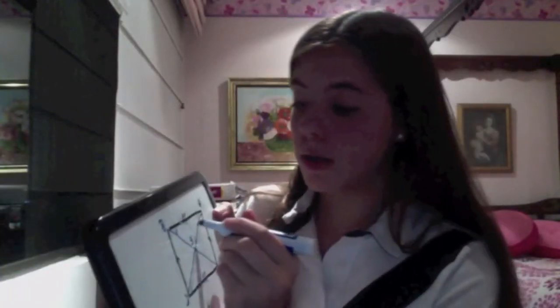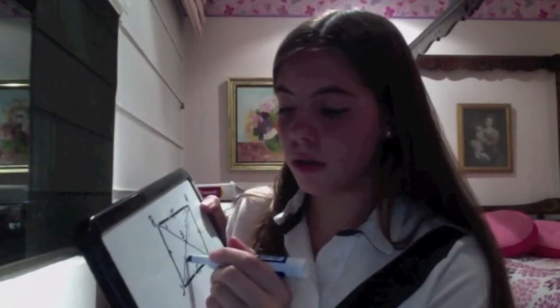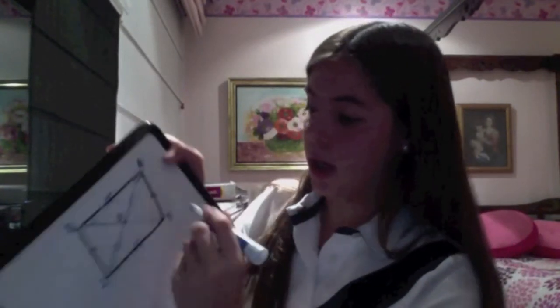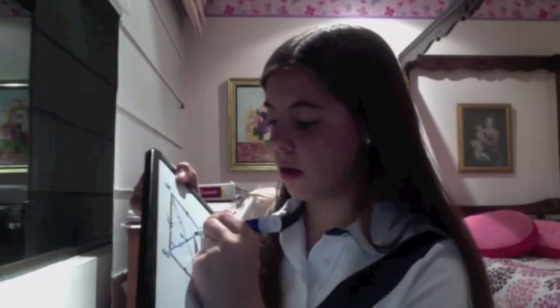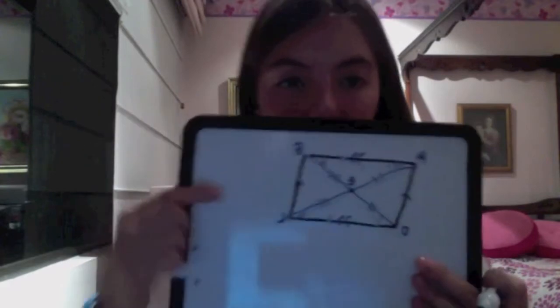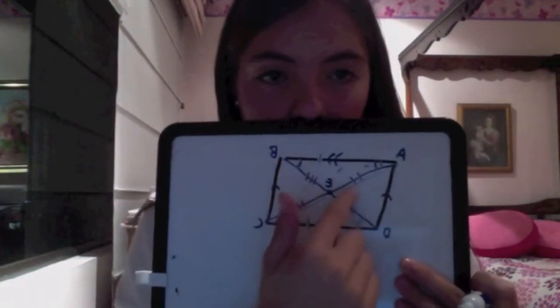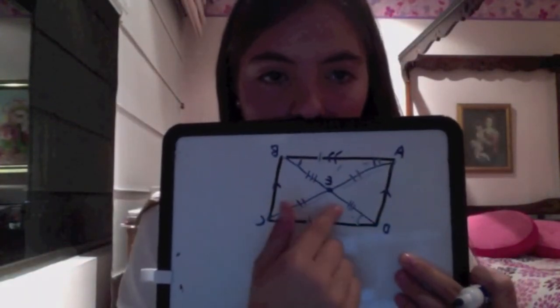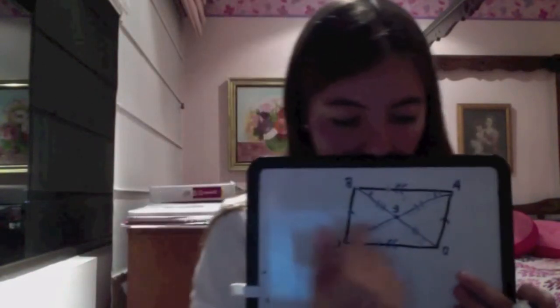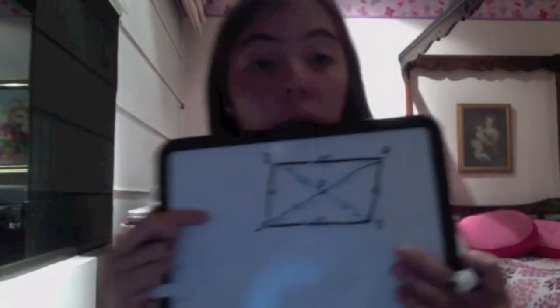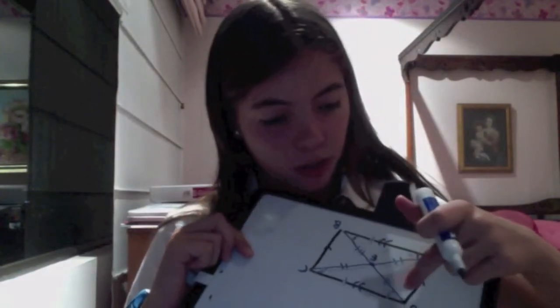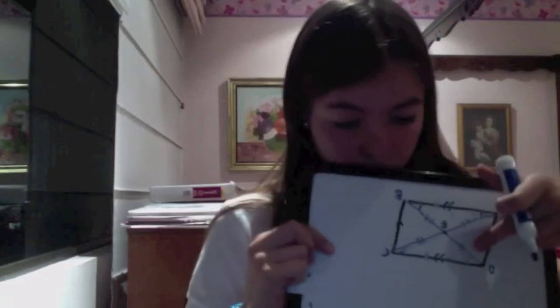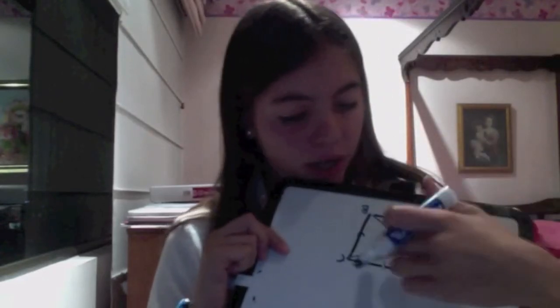So this is congruent to this. And we can also say the same thing with BE and ED because they're also part of the congruent triangles. This is congruent to this. As you can see, this is congruent to this and this is congruent to this because they correspond in the congruent triangles. So now we can conclude that the diagonal DB is splitting the diagonal AC